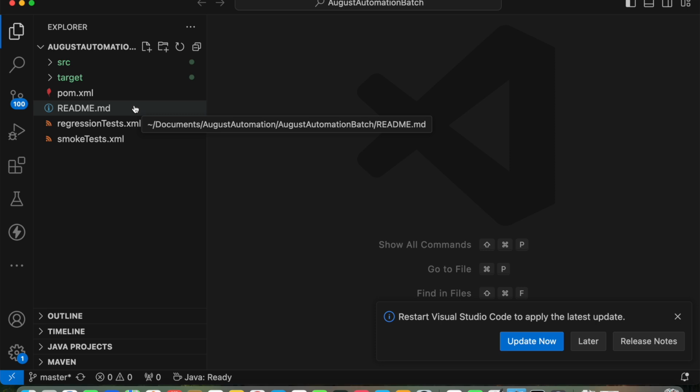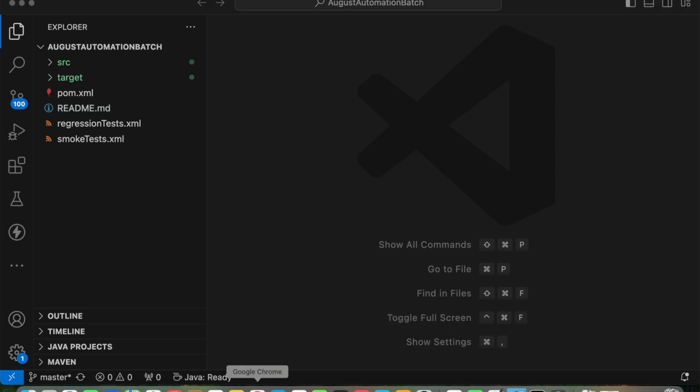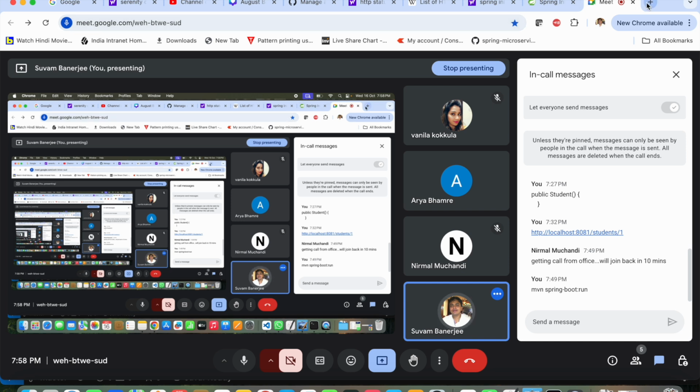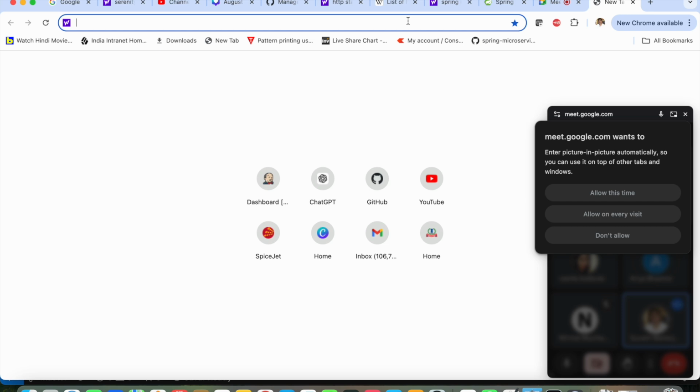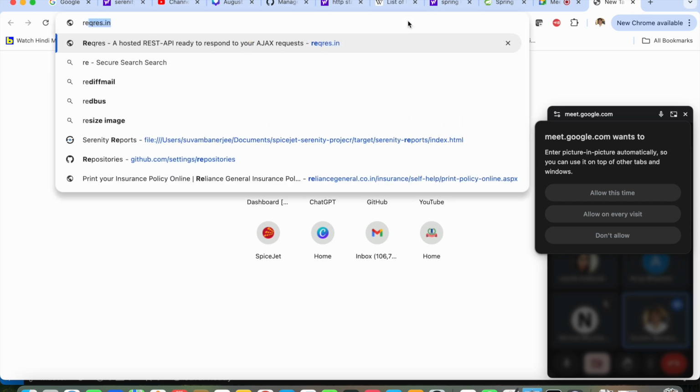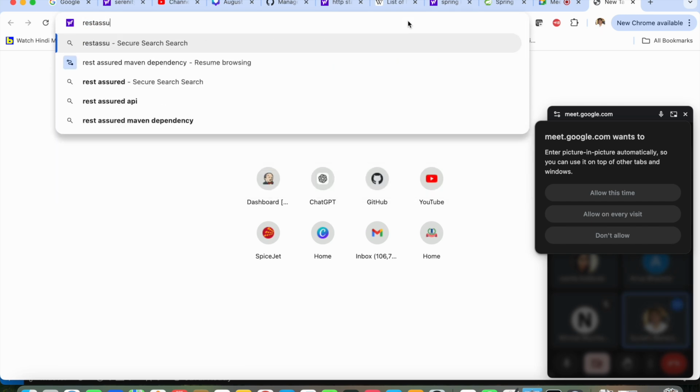So once you have opened it, what do we have to do? We have to test the REST APIs. Which library will we use for REST API testing? The library name is RestAssured. So go to Google and search for RestAssured